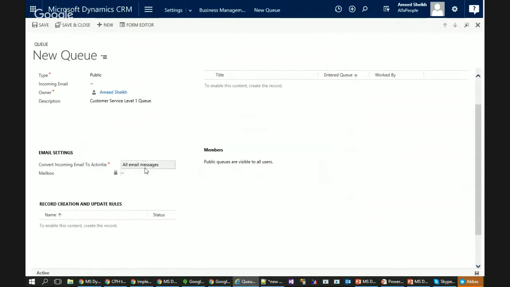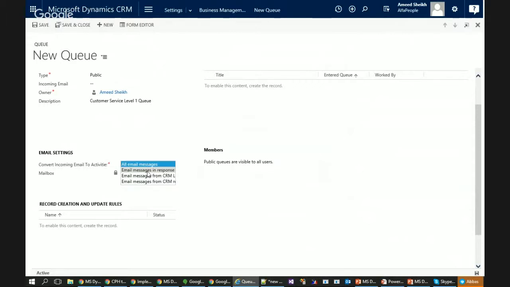Yeah, this could be, again, if you have incoming email integration, you can let the queue handling feature automatically do some homework for you. So you can say, okay, whatever email comes into the queue, it's converted into an activity of an email type. And then email messages in response to CRM users. For example,